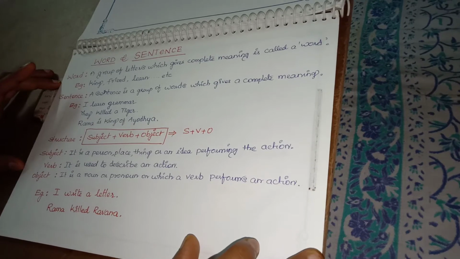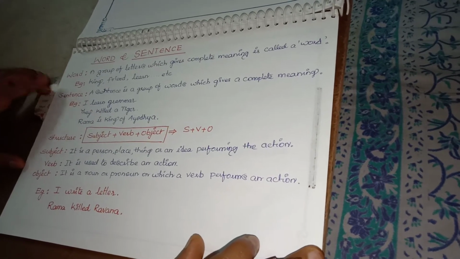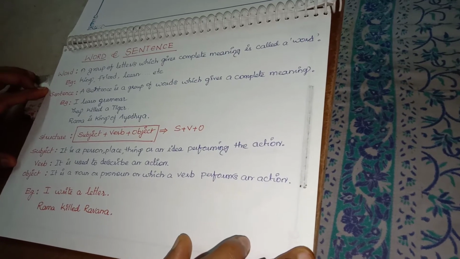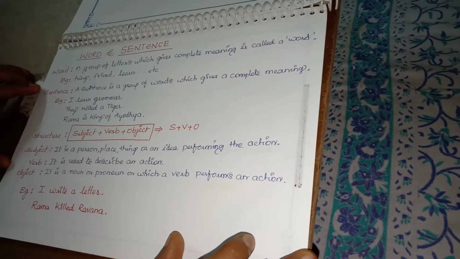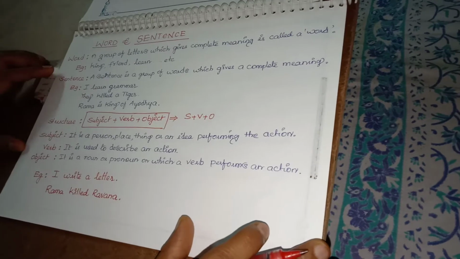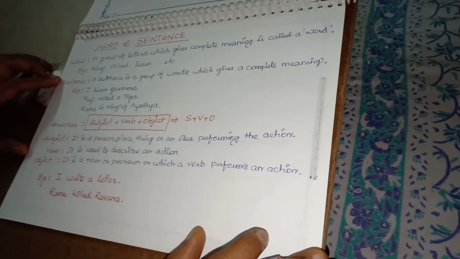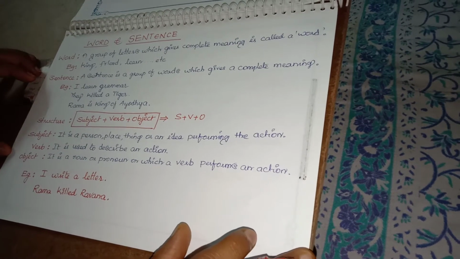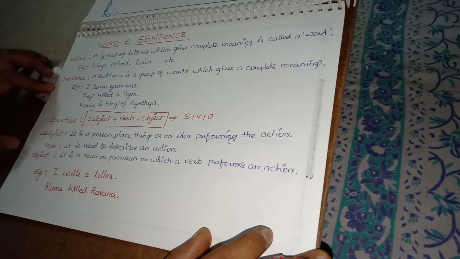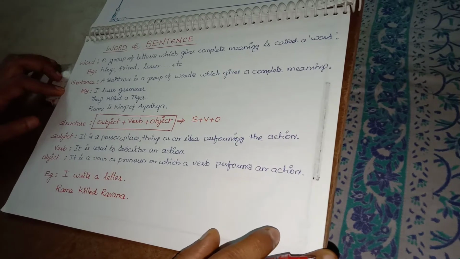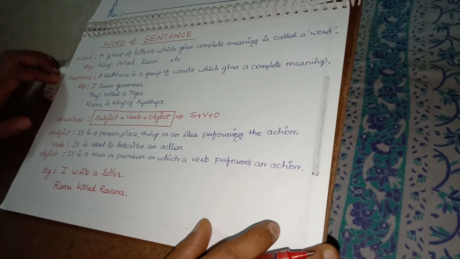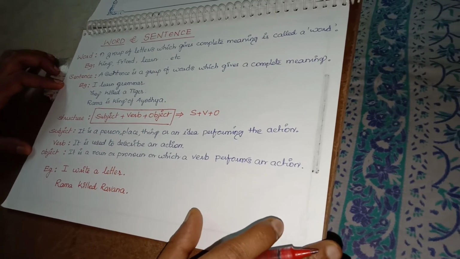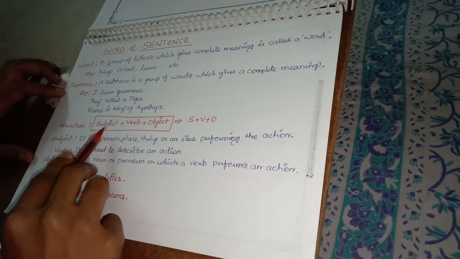In this video I am sharing with you the concept of sentences in English. In yesterday's class I explained what the process of English learning is. Today we are going to discuss the different kinds of sentences in English. Generally, students learn different words in English, but when making sentences they face so many problems. Why? Because they don't know the proper structure and how to make it in a proper way.